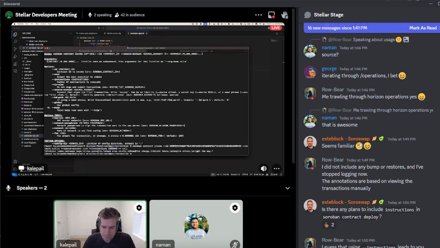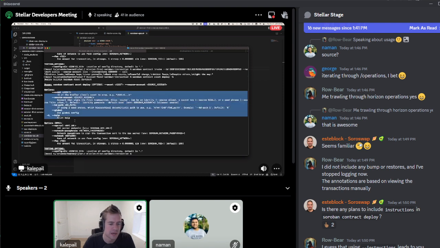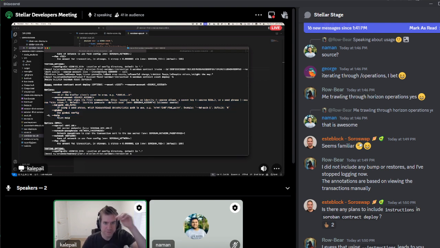So cool. That is how you can use the CLI. Now, this instructions flag is only available for Invoke. A lot of us have been trying to do that Soroban contract asset deploy, right? But there's no instructions flag for deploying your Stellar asset contracts. So you're just always going to fail right now for phase 0. Not to fear, however,